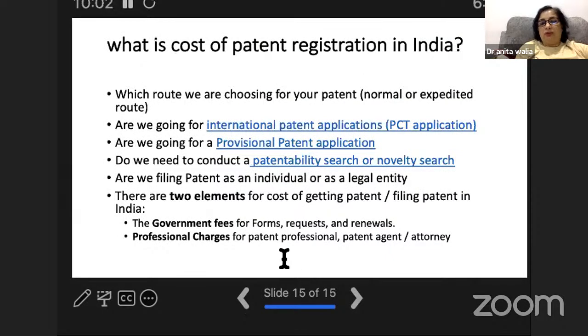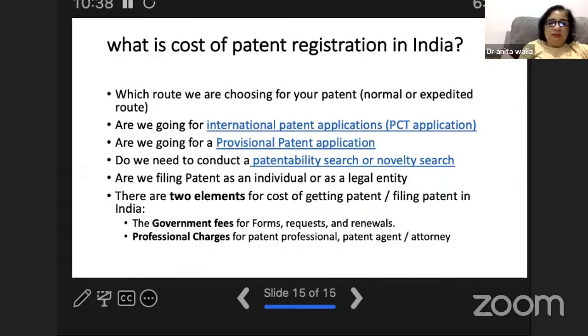Now, what is the cost? Very important. Most of the people don't file a patent because of the cost factor. Right. Everybody, if you go online and try to search, you will find different types of cost. There is no fixed cost which anybody can tell. So at different stages, you have different costs. Right. For example, patent drafting, there is a cost. Examination stage, there is a cost. When you're receiving the grant, there is a cost. Right. So how do you invest and save money? Because it's a huge cost.